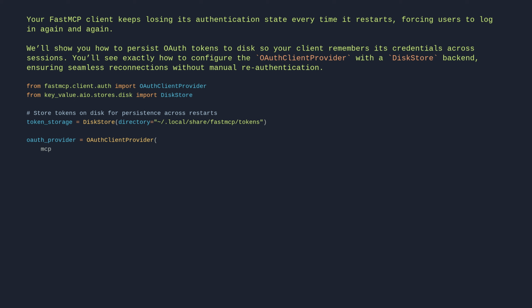mcp_url="https://your-mcp-server.com/mcp/sse", token_storage=token_storage